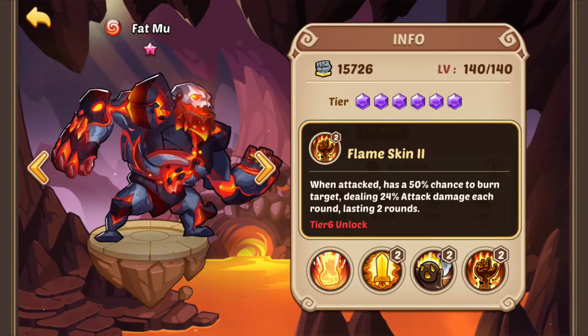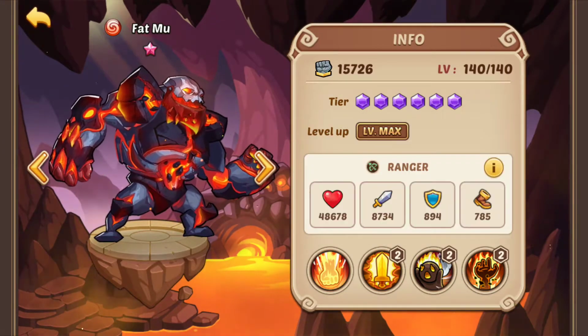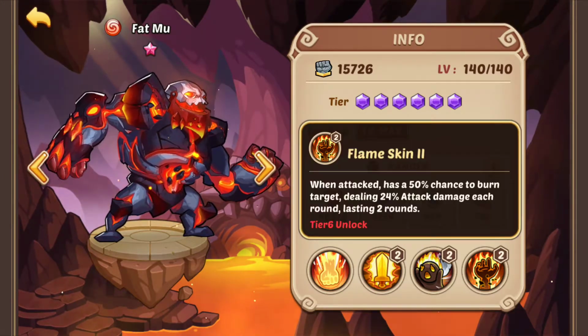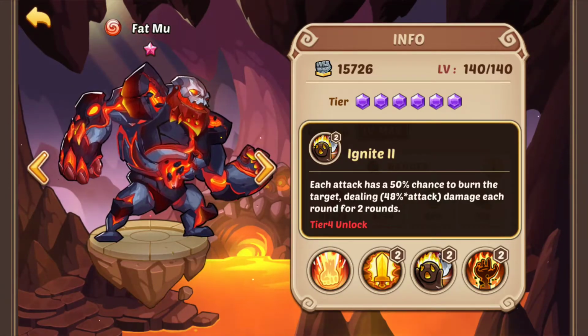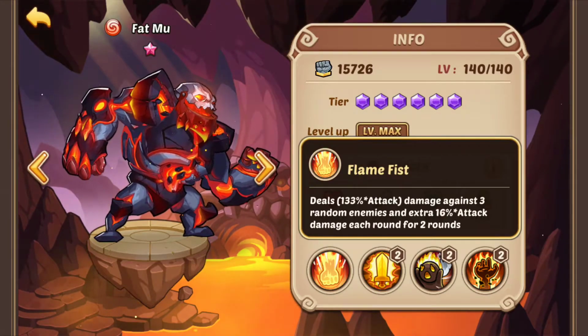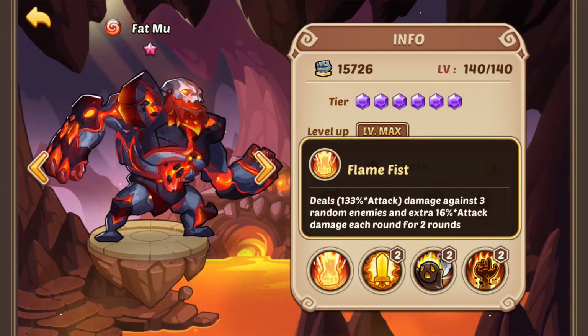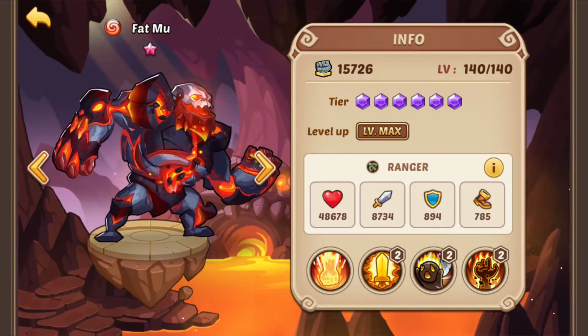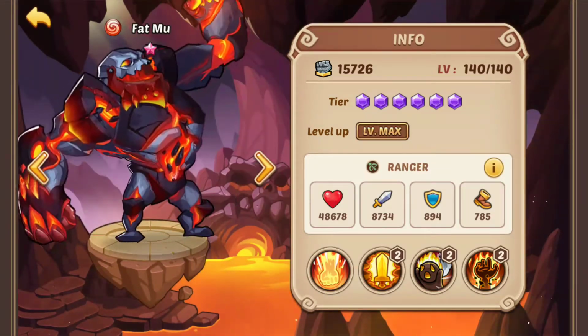attacks Fat Moo and Flame Skin goes off. So that's 3 different burns going on there. Now, one that has 24% of his attack, one that has 50% of his attack, and one that has 16% of his attack. That's a lot of damage per turn. You're going to have not only Fat Moo attacking the